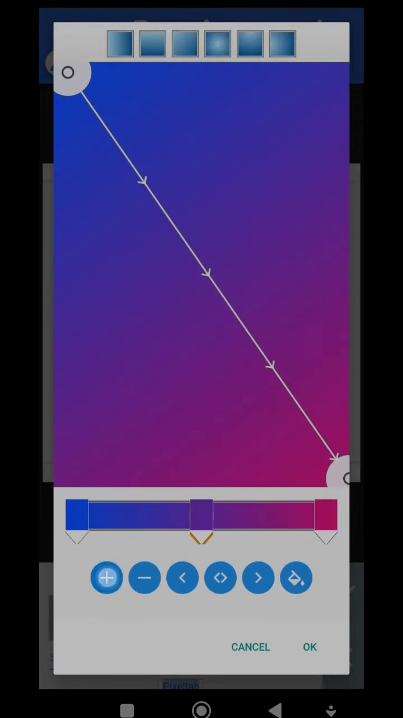You can also use this plus icon to add more than one color, as we are seeing here, and you can use this minus to delete them. You can use this to move about them, and you can use this one to invert their positions. Alright,